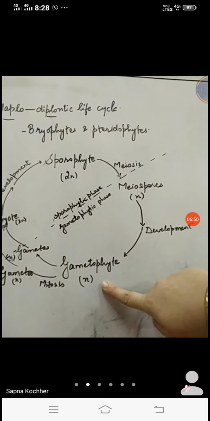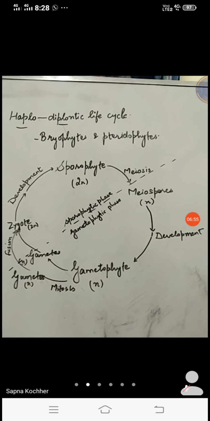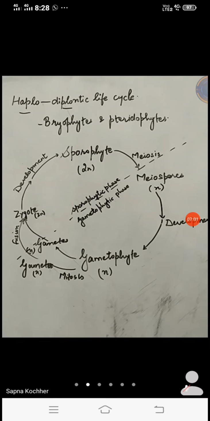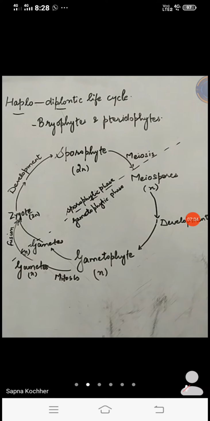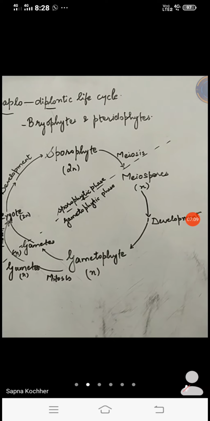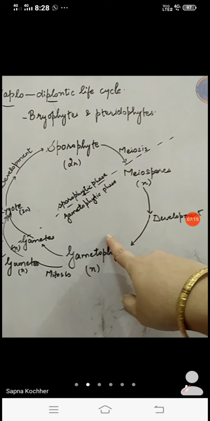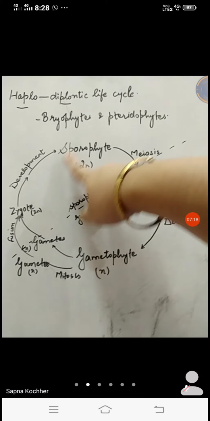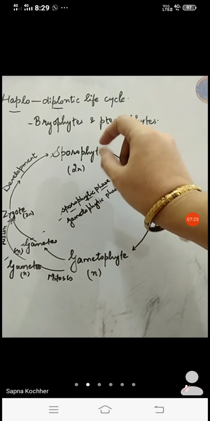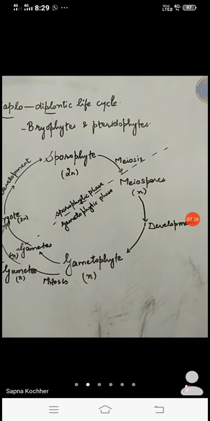The plant bodies are both present, for a sporophyte as well as for a gametophyte. Then we say that this is an example of the haplodiplontic life cycle. Clear? Haplodiplontic life cycle. So the sporophyte plant body exists and the gametophyte plant body also exists here. For the bryophytes, we know that the dominant phase is the gametophyte. But for the pteridophytes, the dominating phase, which is seen as more long-lived, is the sporophyte. And in the bryophytes, the sporophyte is short-lived. So they differ depending on the group, but otherwise they show the formation of both the sporophyte as well as the gametophyte.